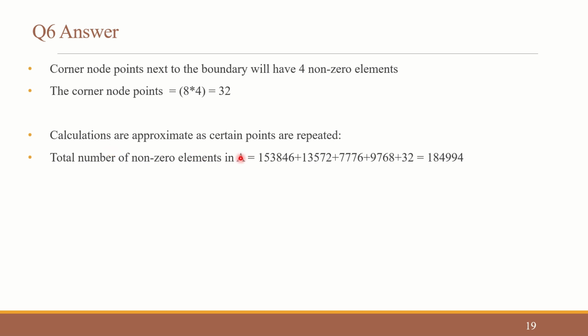And total number of non-zero elements in A is therefore 1,53,846 interior points, 13,572 grid points along the boundaries. These are along the layer next to the boundaries, 7,776 and 9,768. And the corner node points we have 32, which is amounting to 1,84,994. So total number of elements in A will be square of the number of equations to be solved. So it is 27,144 square, which is giving us